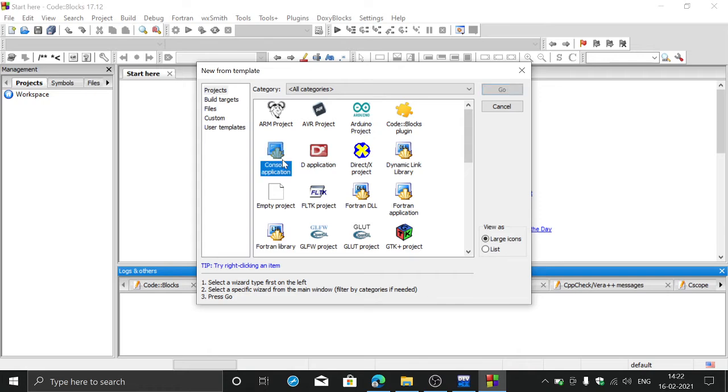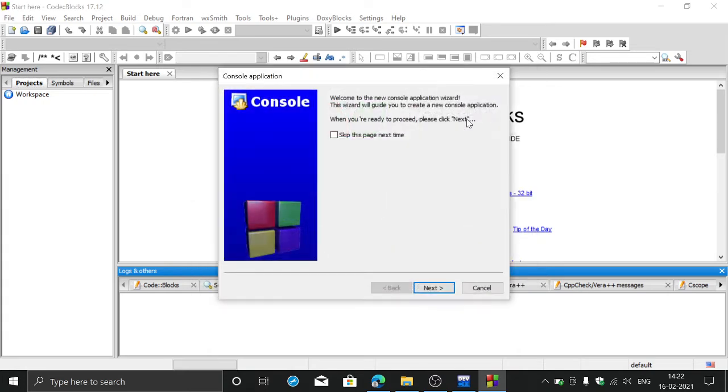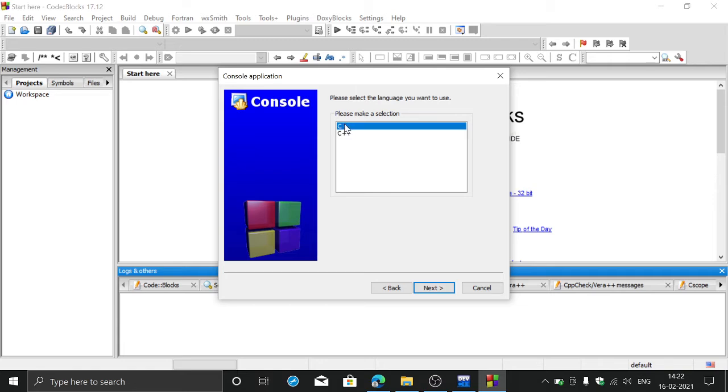If you click Console application and click Go, then click Next, here you choose whether you want to develop a C program or a C++ program. It will come with predefined boilerplate code. I'll show you in action. Here if you choose C and click Next,